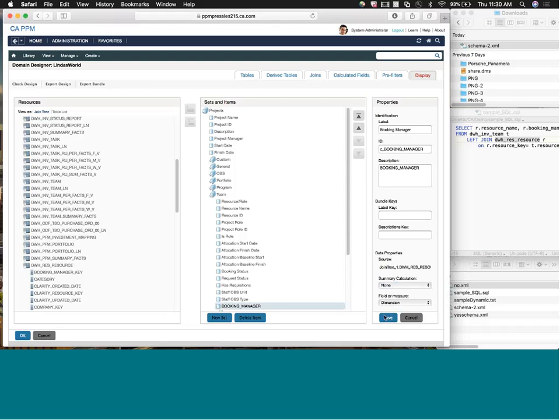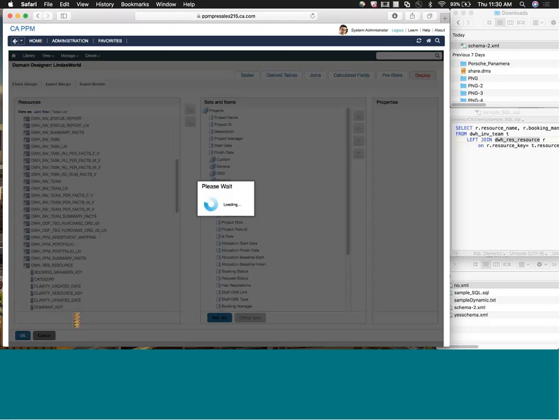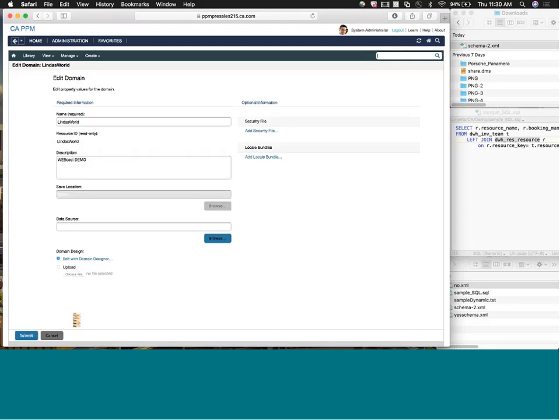So once you click save, you now have a domain that has additional content, and you click OK to confirm the structure, and you now have a custom domain that was used from an out-of-the-box domain that was available with the product. And so now it's saving to the advanced reporting repository, and you have the ability to create ad hoc views and ad hoc reports